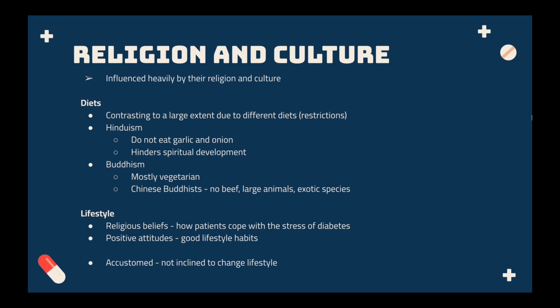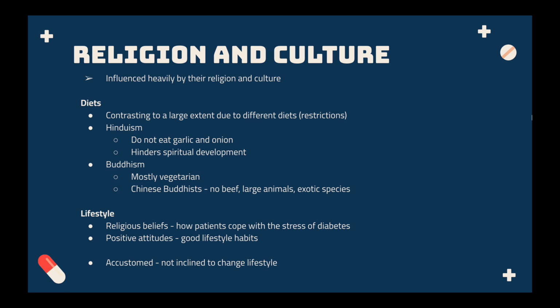Diabetes can be influenced by one's religion. To begin, different religions such as Buddhism and Hinduism lead to a diversity of diets, meaning that there are different risk factors for them. Religious beliefs can also impact how patients cope with the stress of diabetes, as people might be unwilling to switch from the lifestyle that they have grown up with. Furthermore, in many families, cultures and religions are fostered within, causing individuals to grow accustomed to it, making it more difficult for them to change their habits, even for the sake of preventing diabetes.